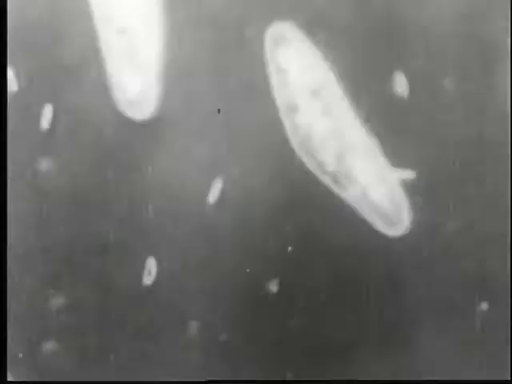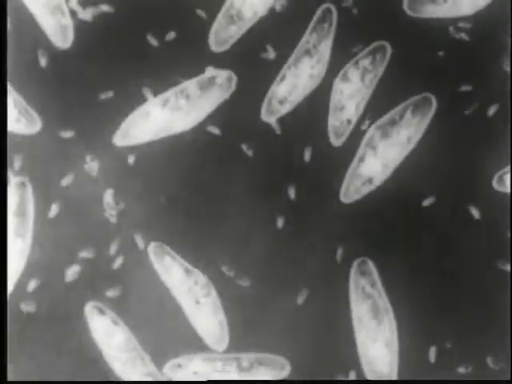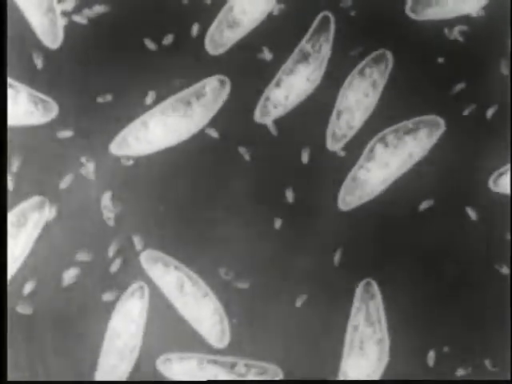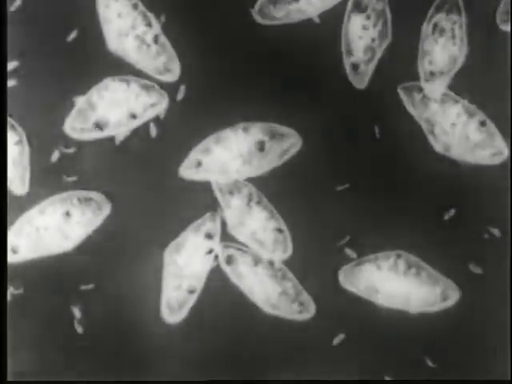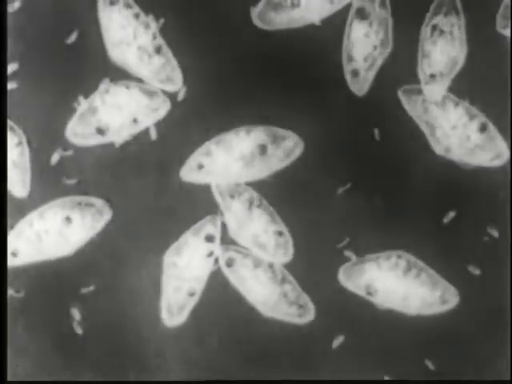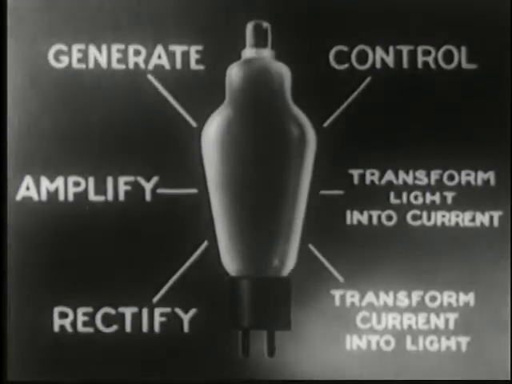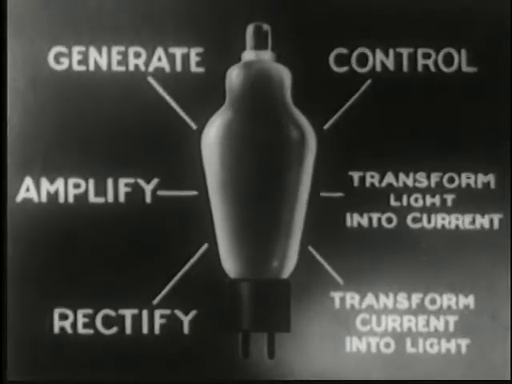In this demonstration, paramecia rather than bacteria are about to be subjected to Sterilamp rays. Notice what happens. The Sterilamp today is becoming increasingly important, both as a servant of public health and as a device for the preservation of perishable goods. So many and so varied are the applications of electronics that a single film like this